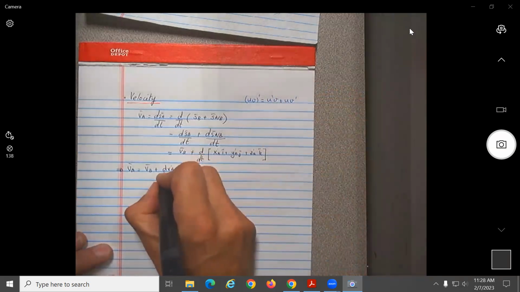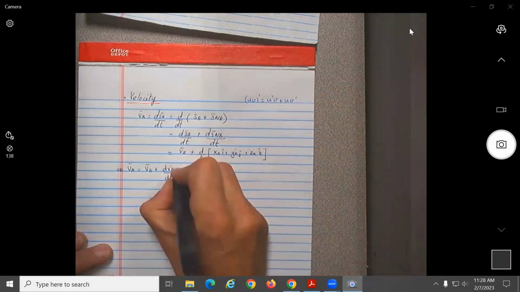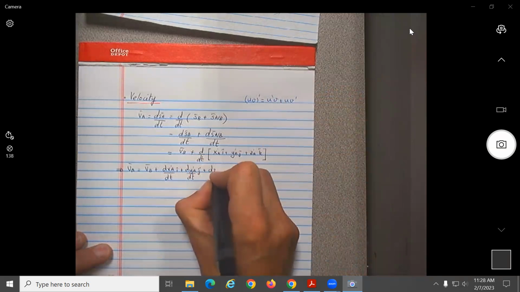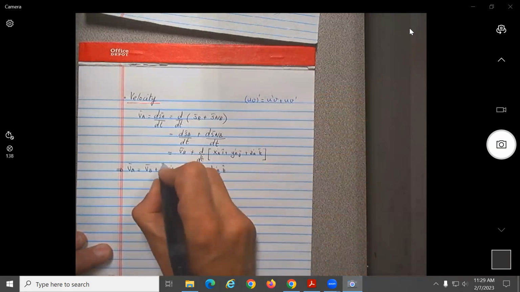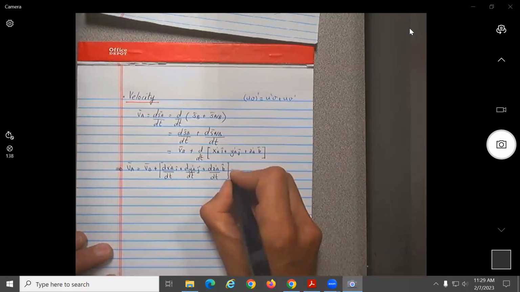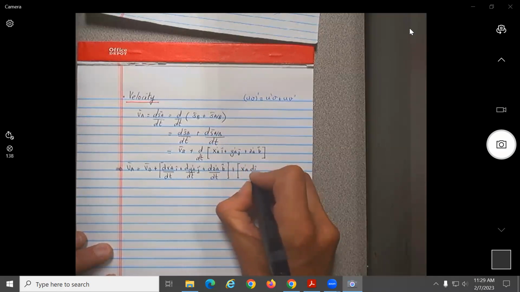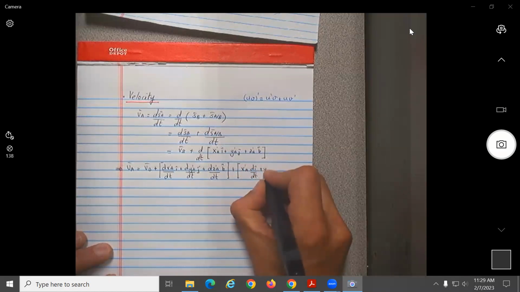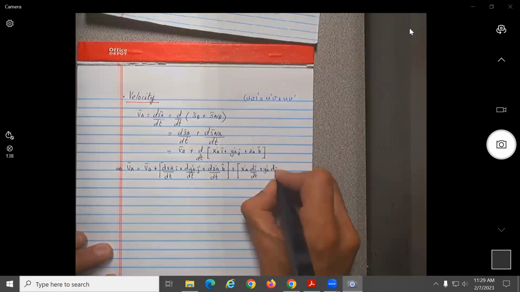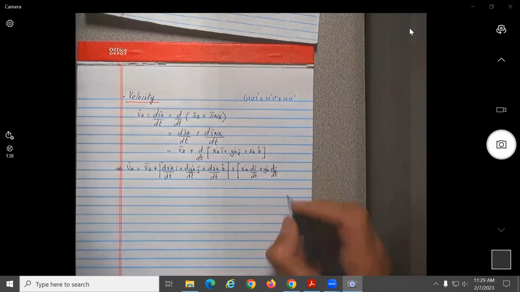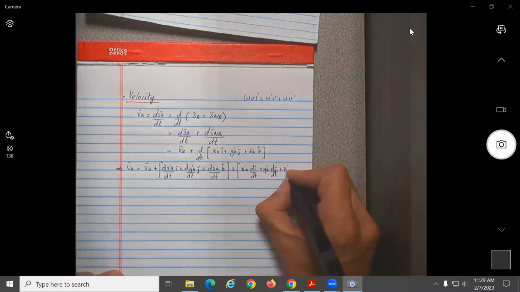dx prime A/dt i plus dy prime A/dt j plus dz prime A/dt k, plus x prime A di/dt plus y prime A dj/dt plus z prime A